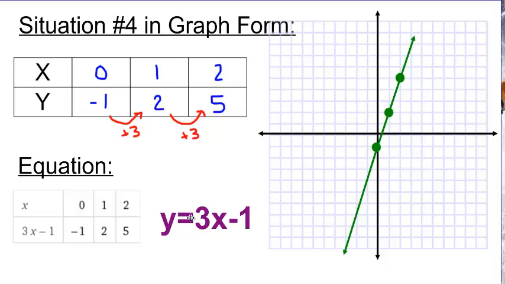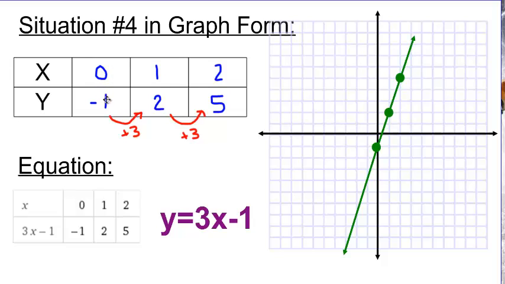Here we get our equation y equals 3x minus 1. As you can see, each time we go from one point to the next, it's going up 3. However, if we multiply 0 by 3, we get 0, and we need to be at negative 1, so we